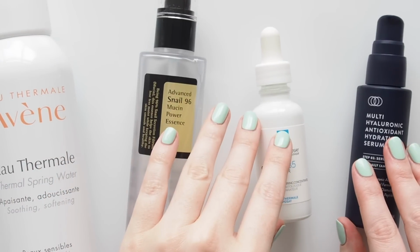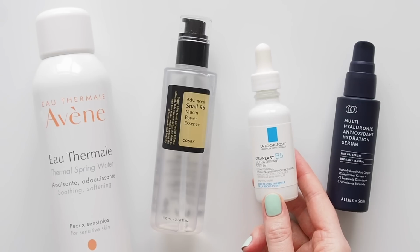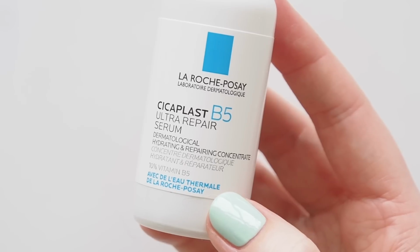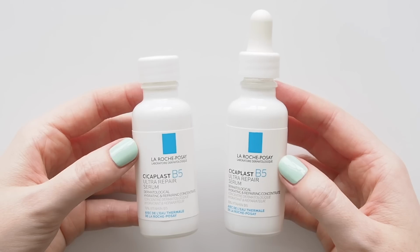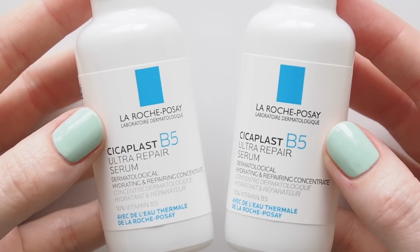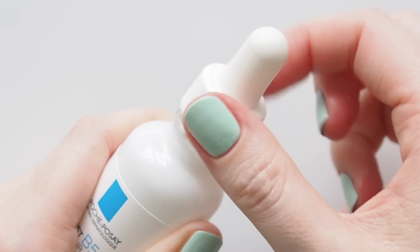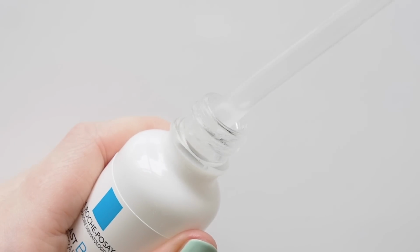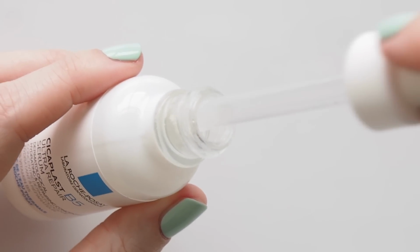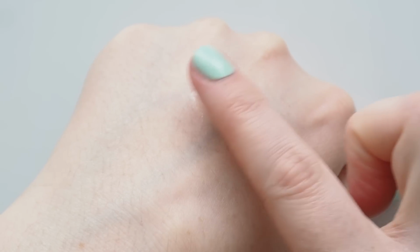2 hydrating serums I've been swapping between. La Roche-Posay Cicaplast B5 serum has become a firm favourite, onto my second bottle, and it's just about empty. I already love their calming Cicaplast Baume B5 and juicy Cicaplast B5 sheet masks, so this serum is a lovely repairing companion with 10% vitamin B5. So silky and cooling, like a milkier version of the Glossier Super Bounce texture I've always enjoyed, but even more